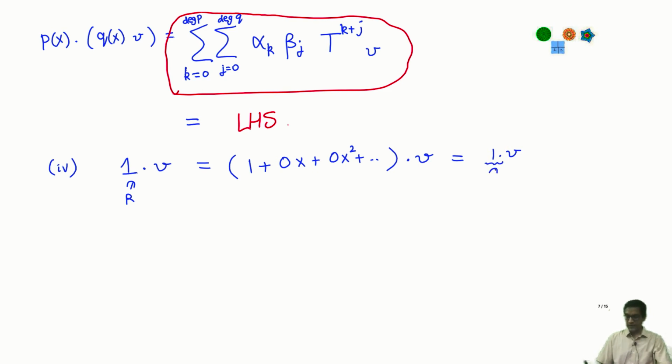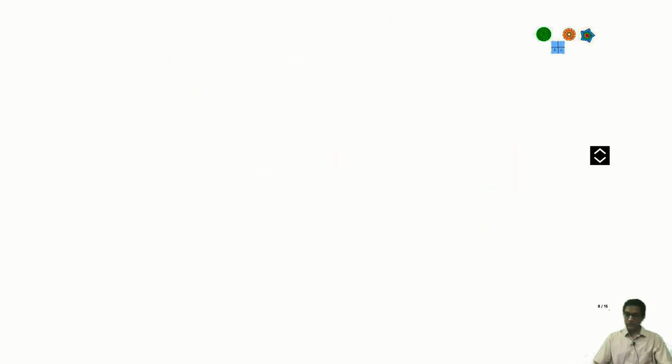Okay, so this is now just the usual scalar multiplication. So this one is in K, this is an element of V, and this is scalar multiplication in the vector space V, and there of course we know the answer is v. Okay, this is by the axioms of the vector space. So what I get is that 1 dot v is exactly v by the fact that V is a vector space over K. Okay. So what have we managed to do? We have managed to show that all the 4 axioms hold in this case. Okay. So we have therefore shown the following.